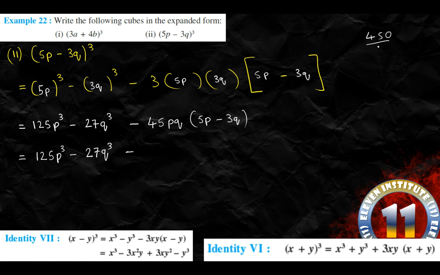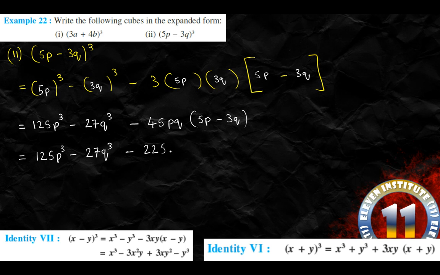450. Now divide this by 2. So 400 half is 200. 50 half is 25. So we get 225. Right. Whenever you want to multiply with 5, add a 0 and divide that by 2. Right. So we have 225 over here as our answer. So we will now write over here 225.